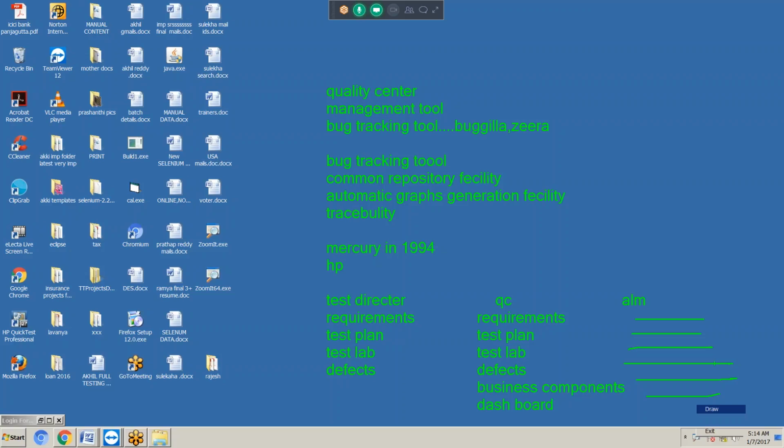Actually, whenever you are working with a software company, there are no site administration activities. That company's people will give you a username and password. Using that, we can enter into Quality Center. But here there are no admin people, so we don't have any username and password. So that's the reason we will learn site administration activities first.